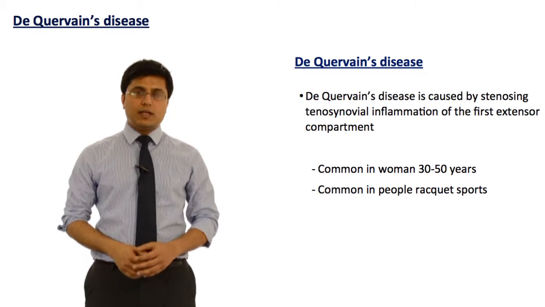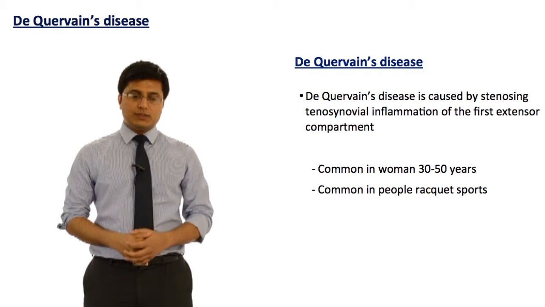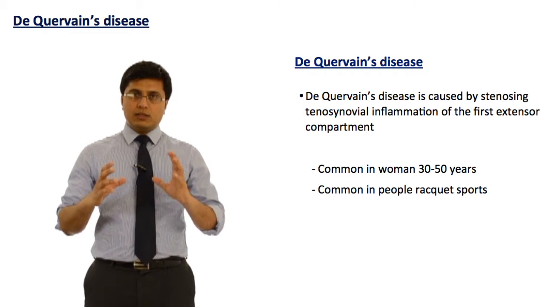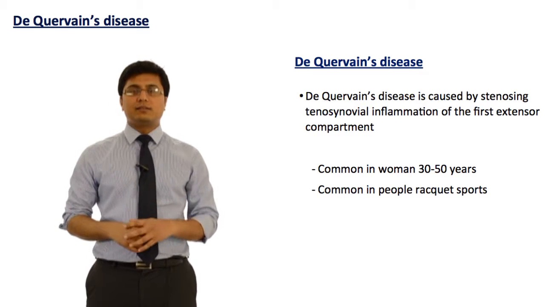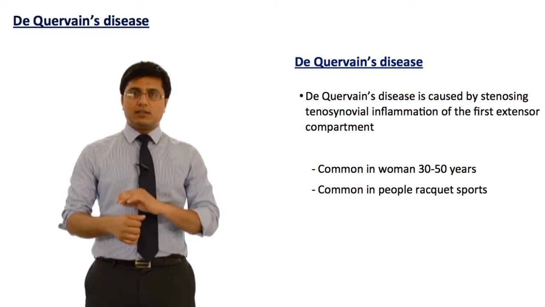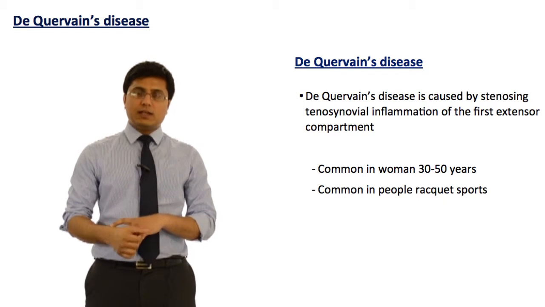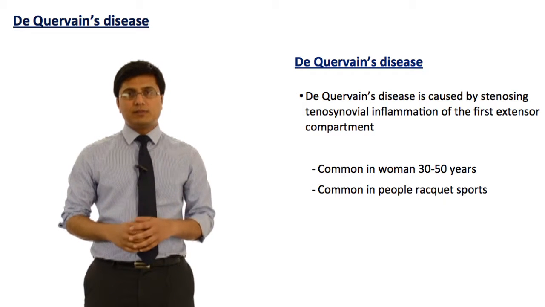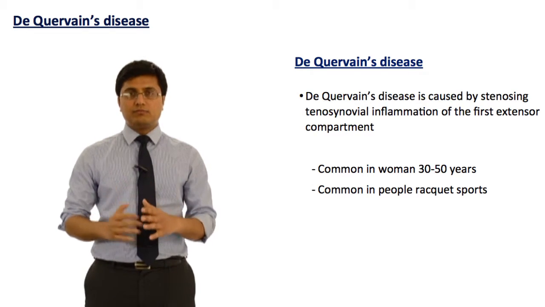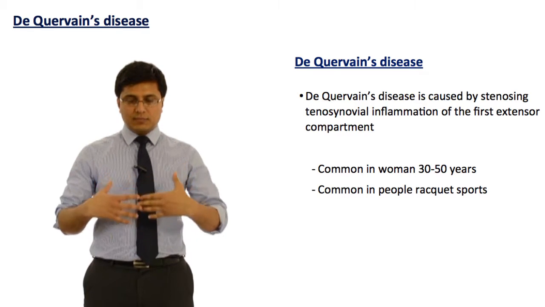Let's look into another condition, De Quervain disease. What is De Quervain disease? It's a tenosynovial inflammation of the first extensor compartment, which encases tendons abductor pollicis longus and extensor pollicis brevis. It's common in females between the age group of 40 to 50, and it's common in people